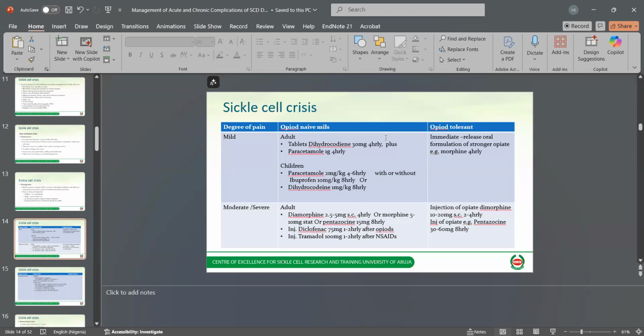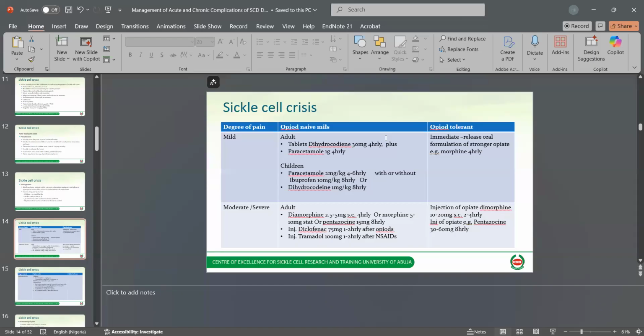In between, we have between 1 and 3 as mild, 4 to 6 as moderate, and 7 to 10 as severe. For children, it may be difficult to use verbal responses to assess the pain. Usually, there's the picture form, where you look at the facial grimace and activity of the child